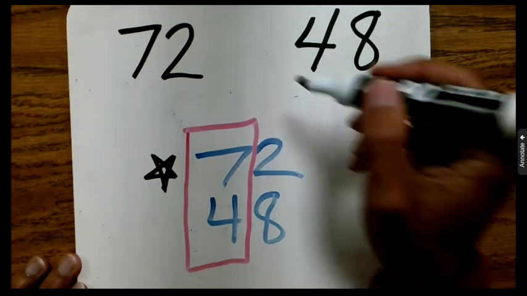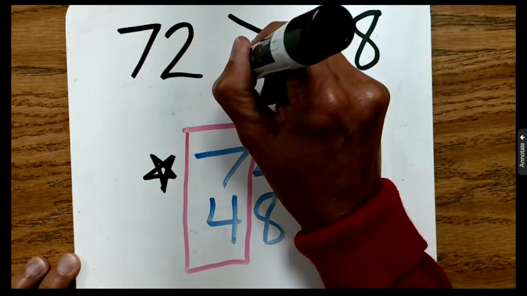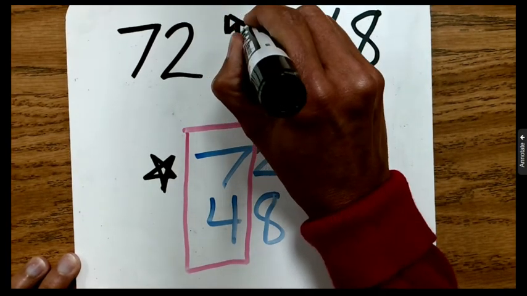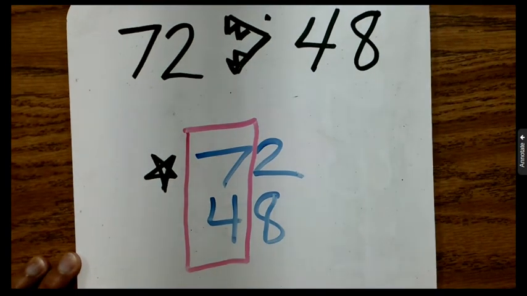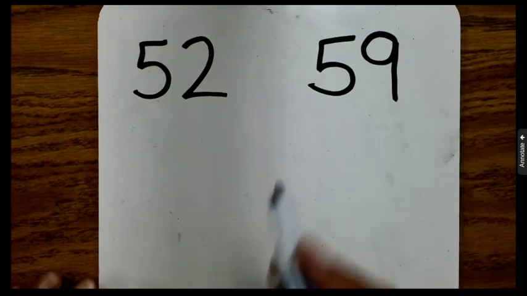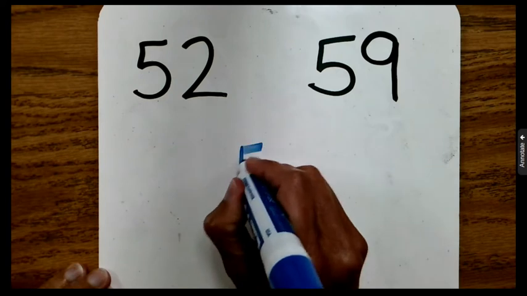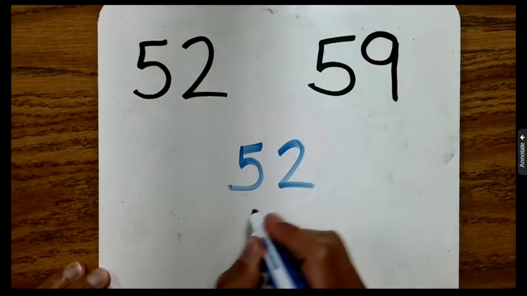Writing on the line, 72 greater than. Big part of the mouth goes to the bigger number. 72 is greater than 48. Let's do one last one together. All right, we're comparing two numbers again. We're going to stack these up, and we're going to show that we have 52 and